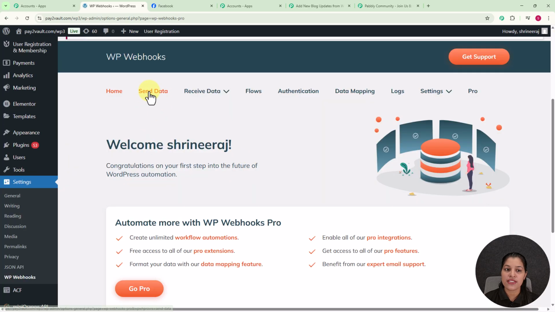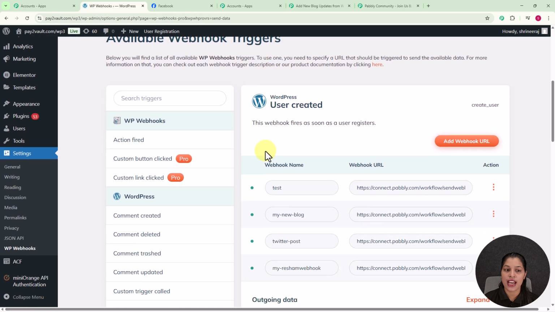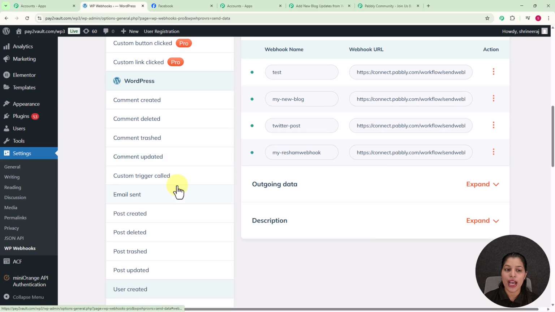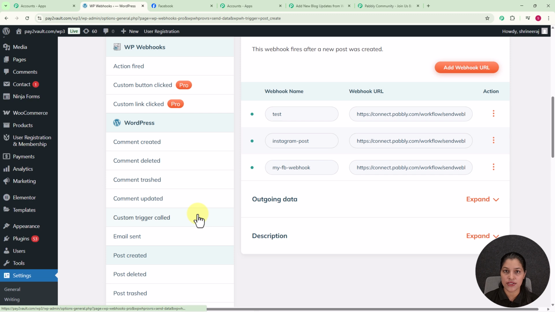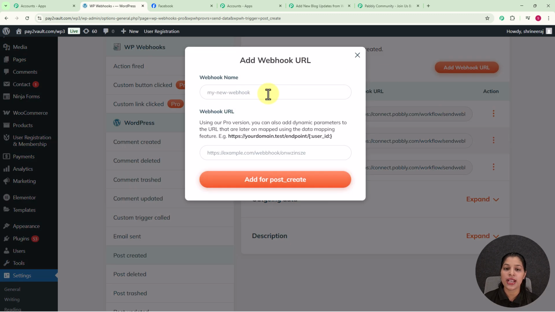And on this page we simply have to click over this send data, and afterwards here we just have to select our trigger. Now I am going to select my trigger as post created. So here I have selected my trigger as I want to trigger my WordPress as soon as a new post is created. So here as we have selected the trigger, now we simply have to click over this add webhook URL button, and here you can see we are getting this dialog box where you have to provide a webhook name. So here I am going to provide the name of my webhook as my Facebook webhook, and here we